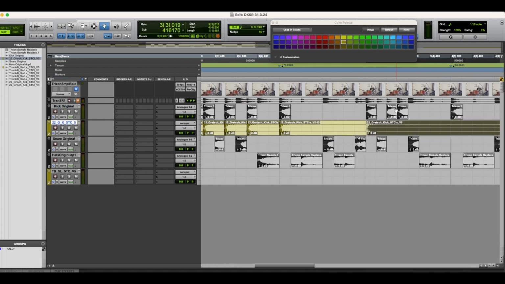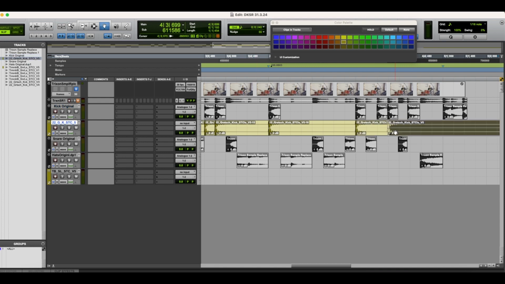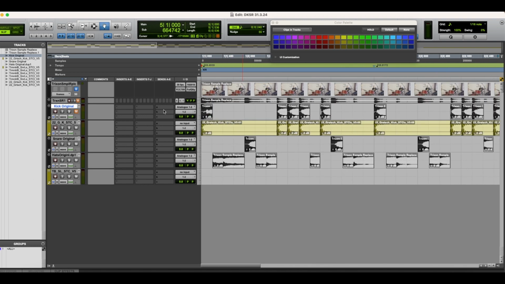The idea is just to get something happening really quick. It's probably going to sound pretty robotic to begin with, but that's okay because we can always fix that. Especially as we're using just the one velocity, which is going to sound pretty